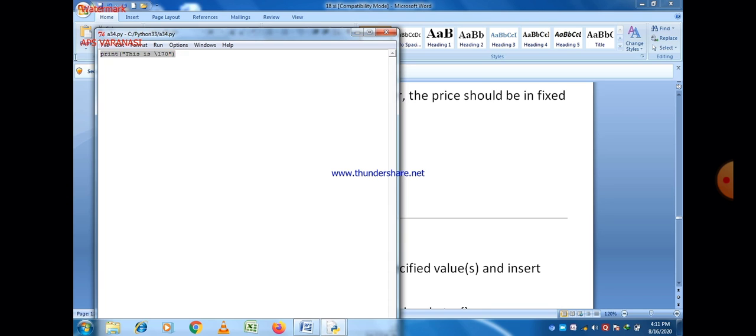Before we discuss it in detail, let us try to execute this program. It will give you a clear-cut idea about the use of the format method. Just run the program.